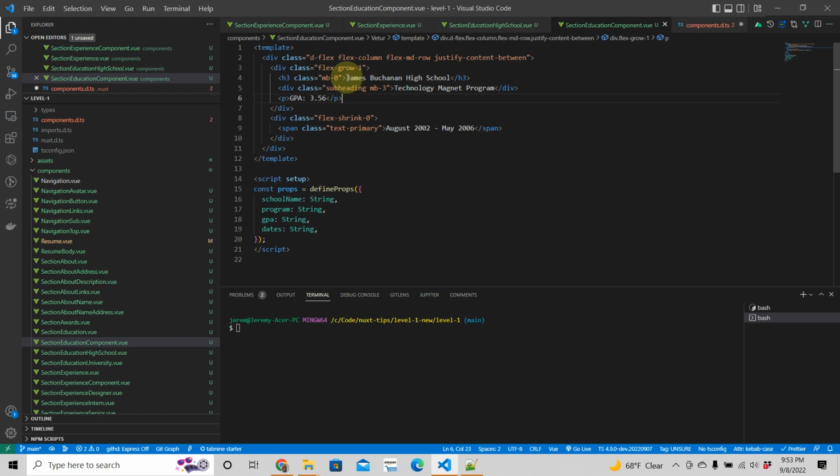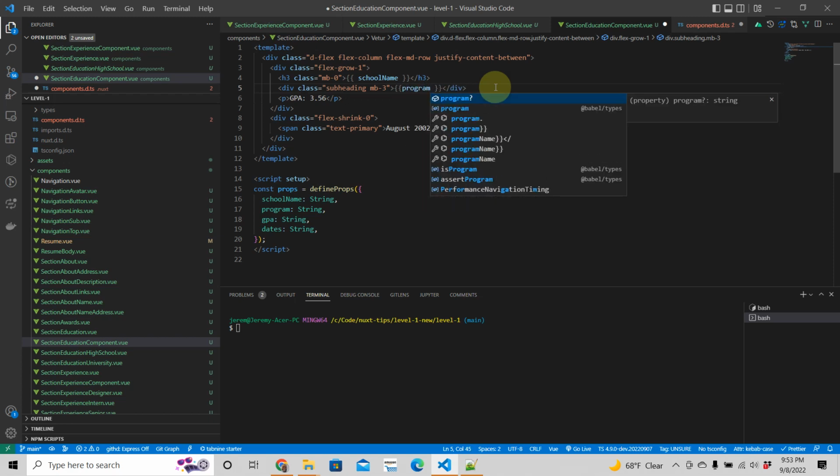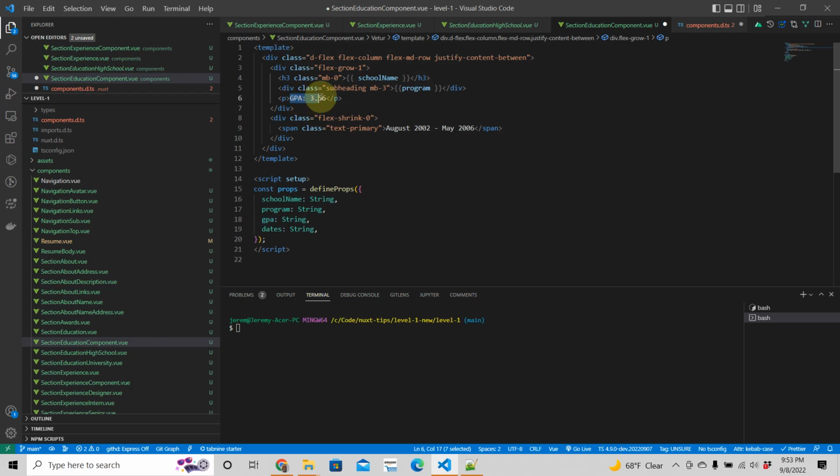And we are just going to use mustaches. I believe that's what you call them, little mustaches. School name is going to go here. Program is going to go here. GPA is going to go here. GPA. And dates